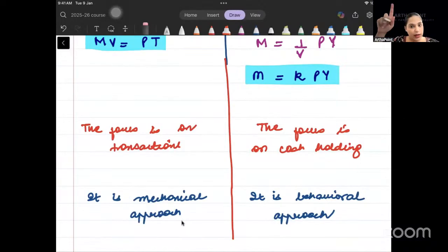But since K is 1 by V and V is constant, so K is also assumed to be constant. Okay? Now, one more thing is very important, whenever we talk about